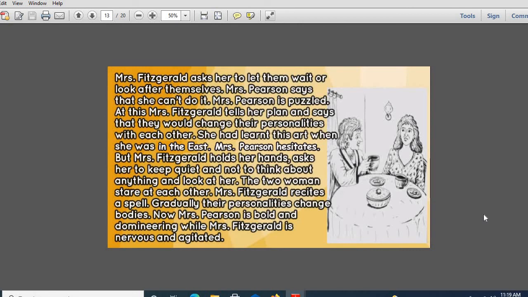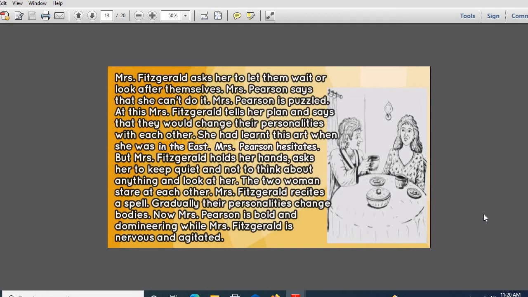Though Mrs. Pearson is speaking, deep inside her it is the characteristic traits of Mrs. Fitzgerald that are there. And in the case of Mrs. Fitzgerald, the similar thing happened. That means now, whatever you will find in the nature of Mrs. Fitzgerald, those things will be followed by Mrs. Pearson. And whatever Mrs. Pearson actually was known for, that is calm, docile, submissive, you will find all those things in the character of Mrs. Fitzgerald. So this interchange of personalities, we know about it, but it will create a lot of comedy,